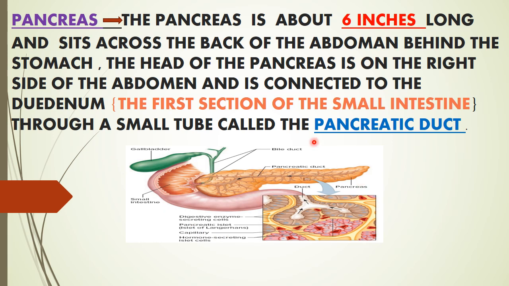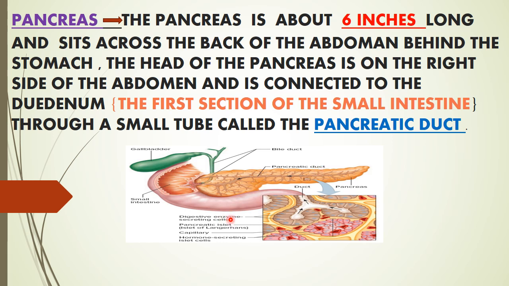This is the pancreas, another diagram you can see on your screen. Firstly, let us discuss this diagram. Please listen carefully and look at your screen. This is the gallbladder, a green bag-like structure, and this is the bile duct. The gallbladder secretes bile. Here this is the pancreas, and this duct is called the pancreatic duct.